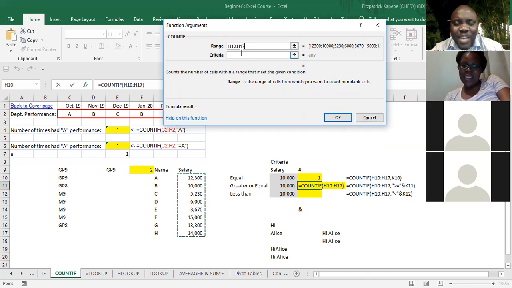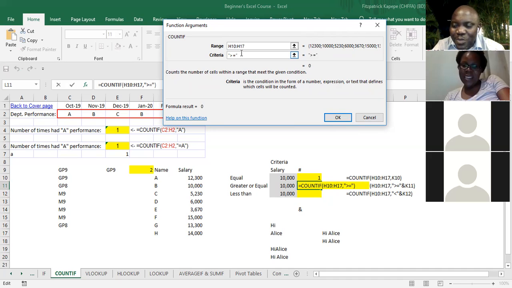So in here, we want to find anything greater, but I have to put an inverted comma like this, then greater or equal to, put the equal sign and inverted comma,